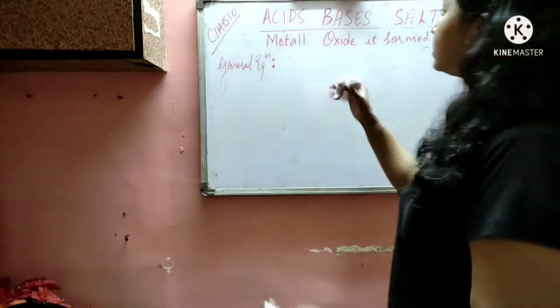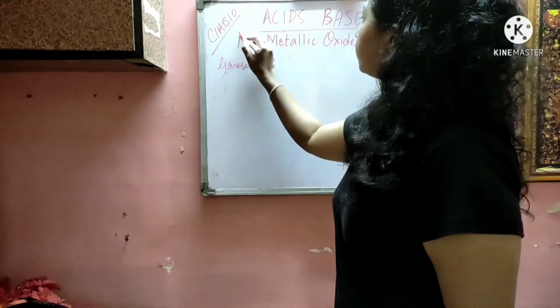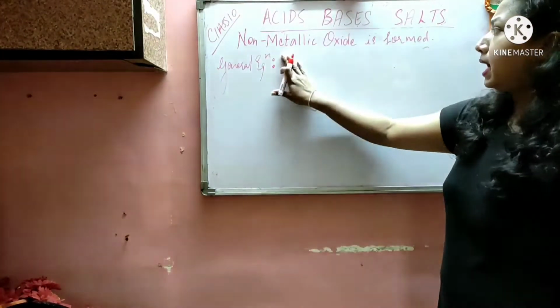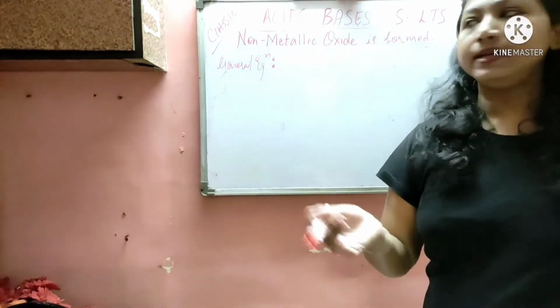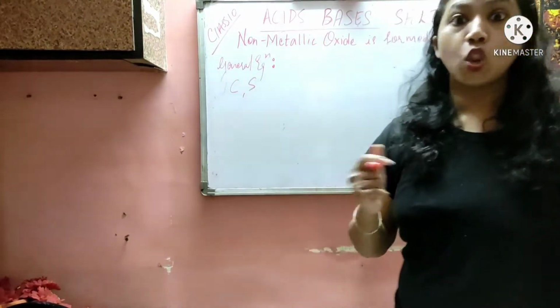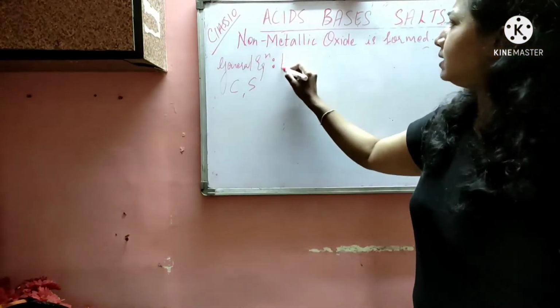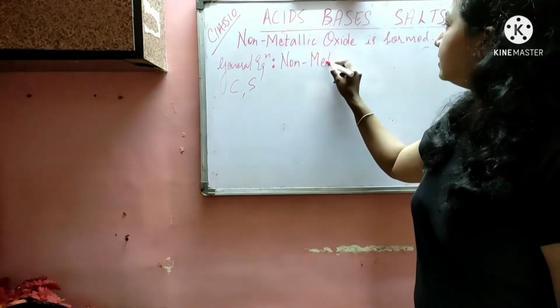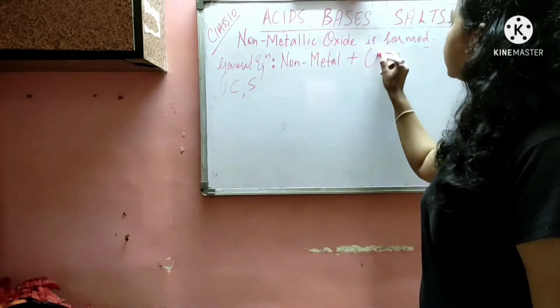How non-metallic oxides are formed. Okay, now what are non-metals, guys? Carbon, sulfur. Okay, these are what? Non-metals. Now let's write the general equation. Non-metals when they react with oxygen,